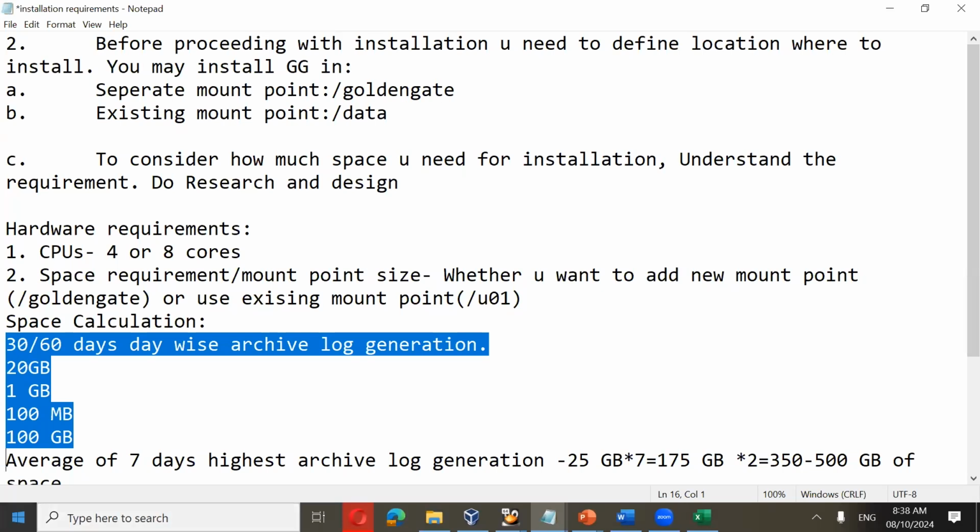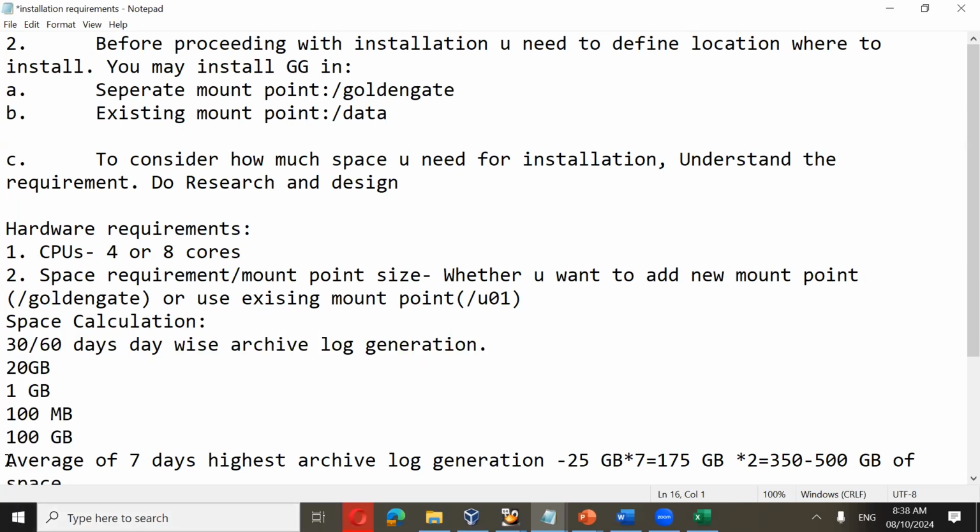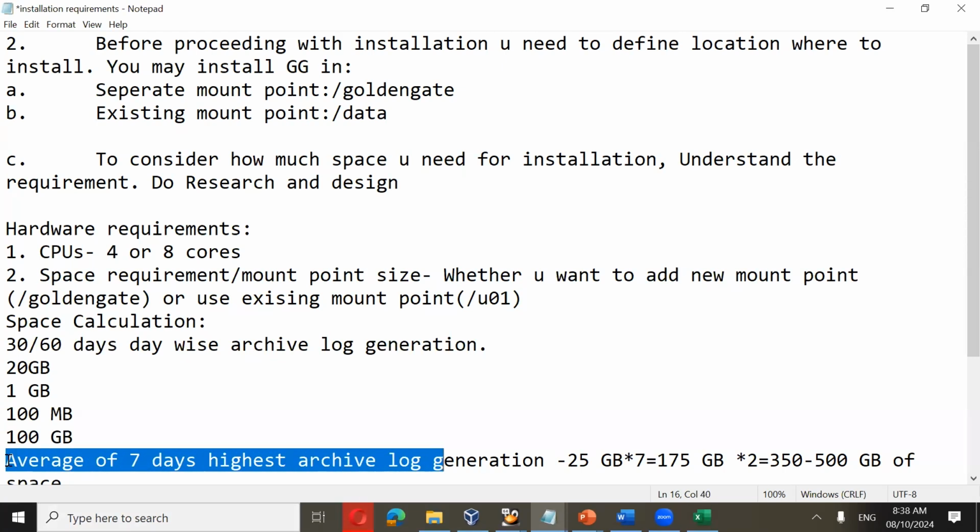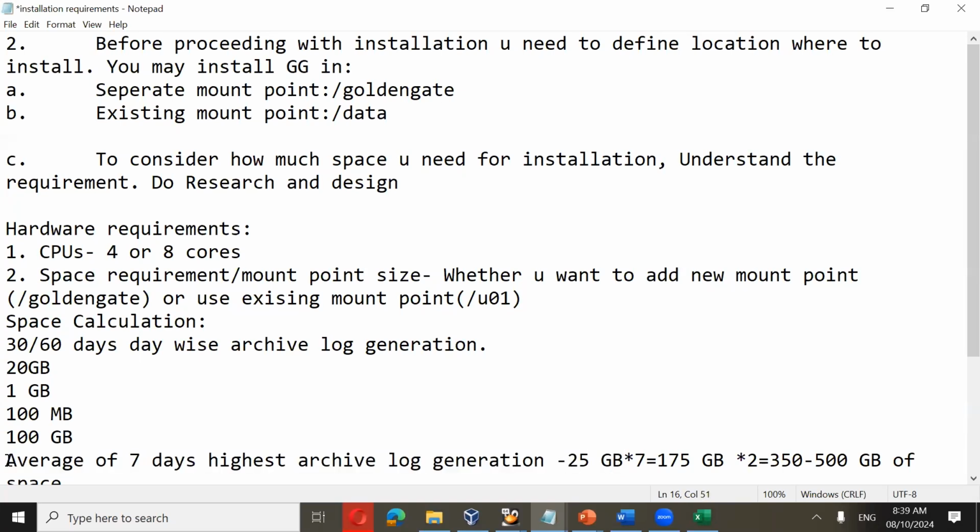Then I take the average of those 7 days of highest archive log generation. Okay. So say for example, the average comes out to be 25 GB. So the average of the 7 highest archive log generation days comes out to be 25 GB. Now, based on the customer's requirement,